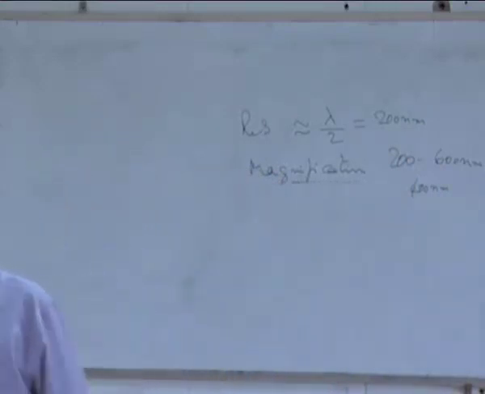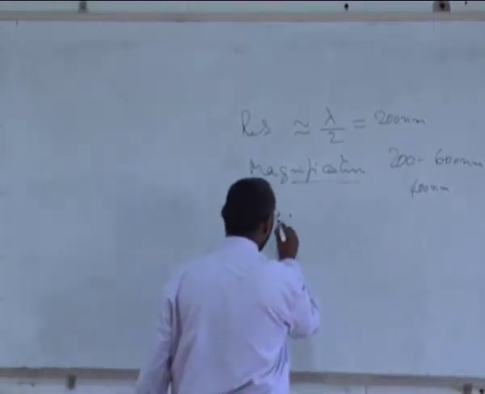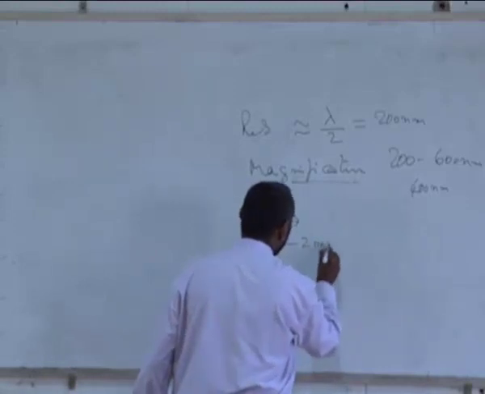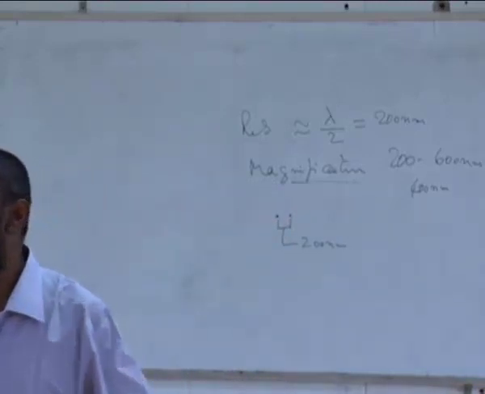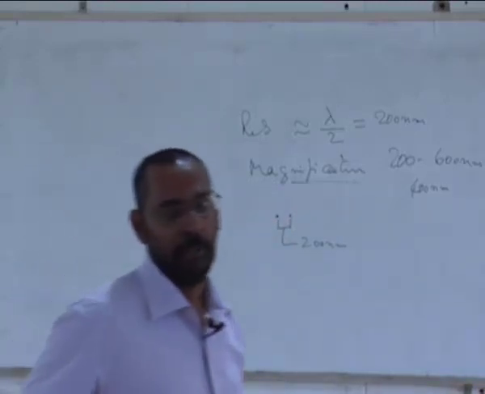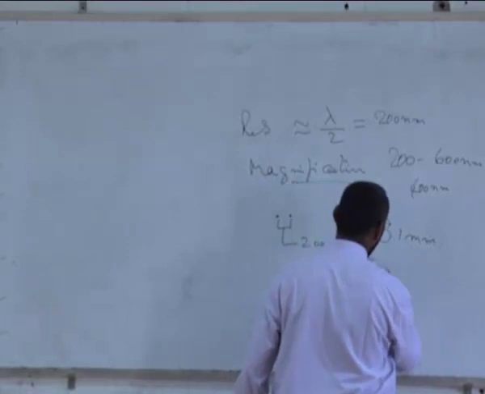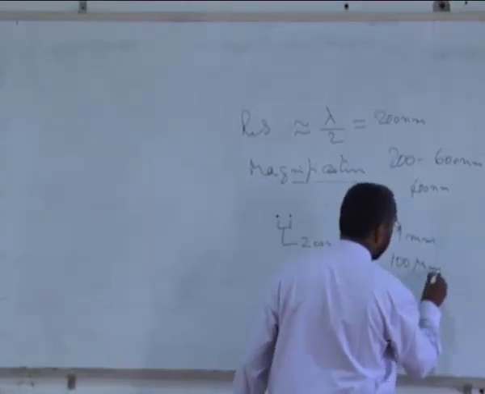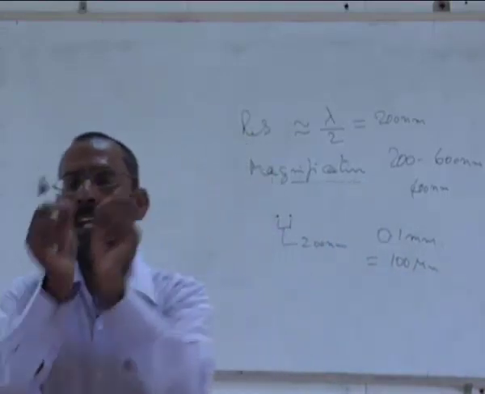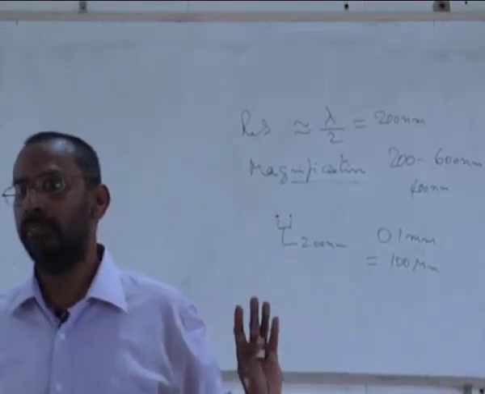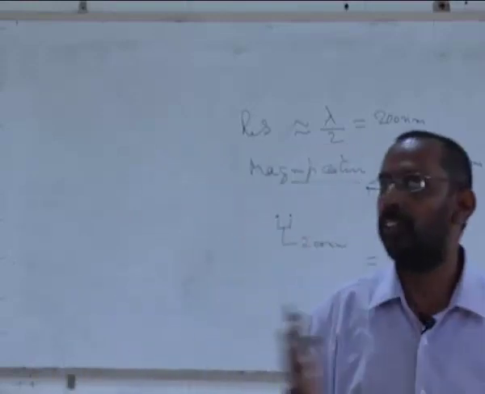But an optical microscope can see any two spots separated by a distance of 200 nanometers, let us say, with whatever aberration corrections that we have. But my eye cannot see this. My eye resolution is only 0.1 millimeter. This means equal to 100 microns. A good, healthy eye can see any two spots separated by a distance of 100 microns only. If two spots are closer than 100 microns, a normal eye cannot see them.